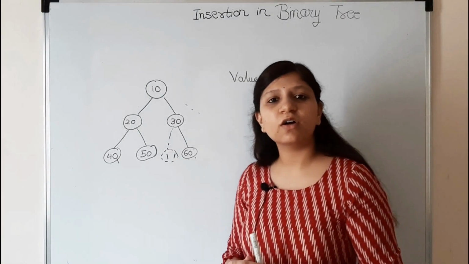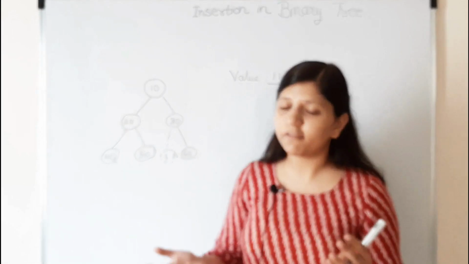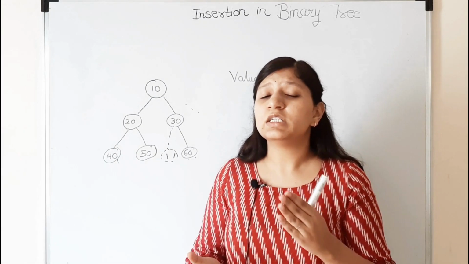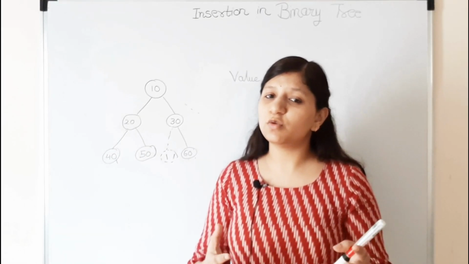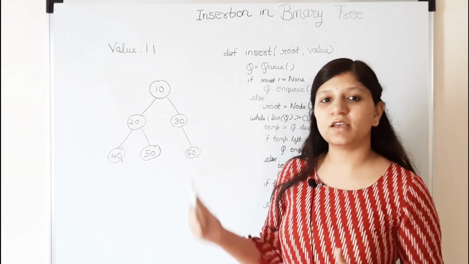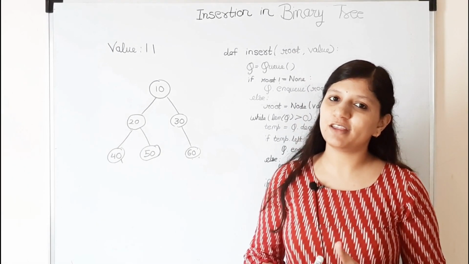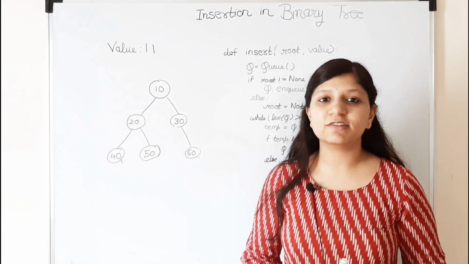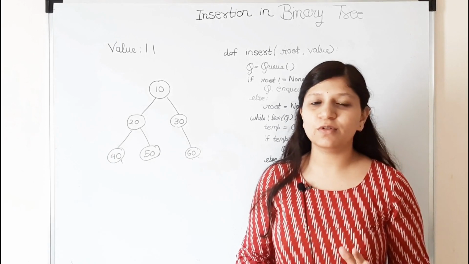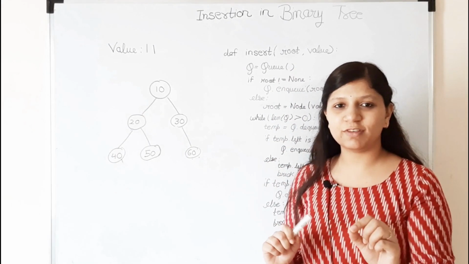So let's check out the algorithm and code, how we'll write this code, that we are doing the level order traversal, and as soon as we see a node which has got less than 2 children, we'll insert a new node there. Let's discuss the code that we'll use for insertion of element in binary tree. If you have seen my previous video where I have discussed the level order traversal, this should be like a cakewalk for you. So we are again going to do a level order traversal with a slight twist in it.